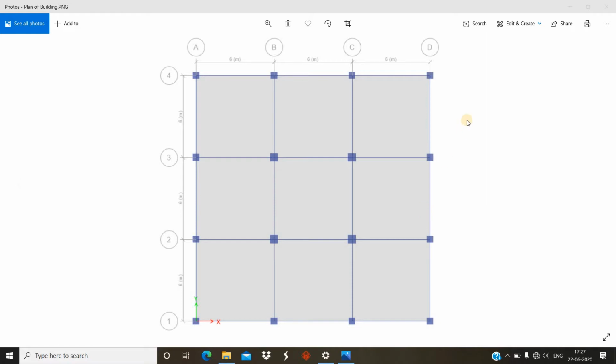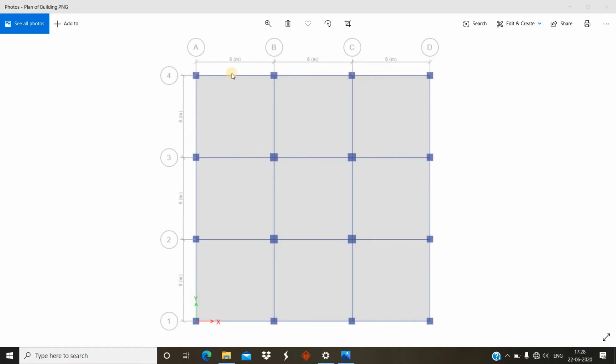So this is a plan which I had made earlier in ETABS 2016. This was analysis and design of a tall building, where I have taken dead load and live load in that ETABS 2016 model. What we are doing in this video is making the foundation design by observing this plan and placing the columns and the footing as per the directions given in this plan.